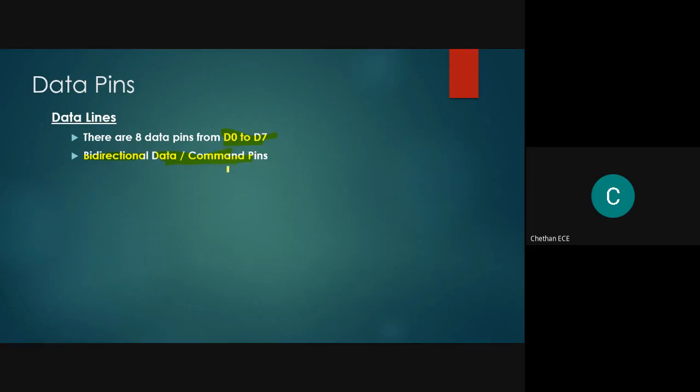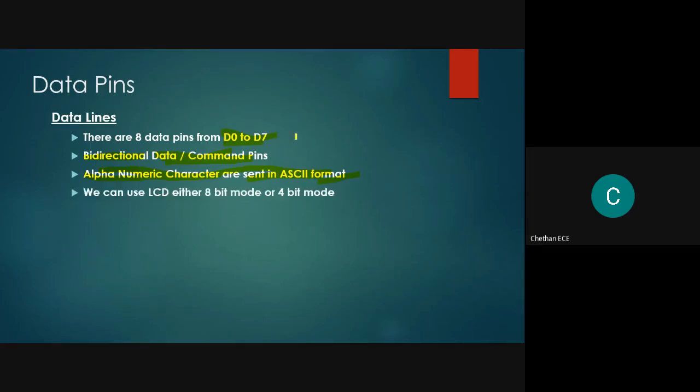Then how can we send the command and the data? Only by using the ASCII equivalent for the alphanumeric character. You can observe that every character on our computer keyboard, if we type A, B, and C, has a corresponding ASCII equivalent. The ASCII equivalent should be communicated through this data pin to display the data on the LCD.